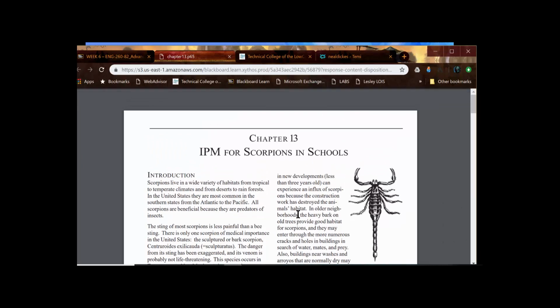So let's say that you were asked to put together a one-pager to help people at the elementary school understand what to do about the scorpions that have